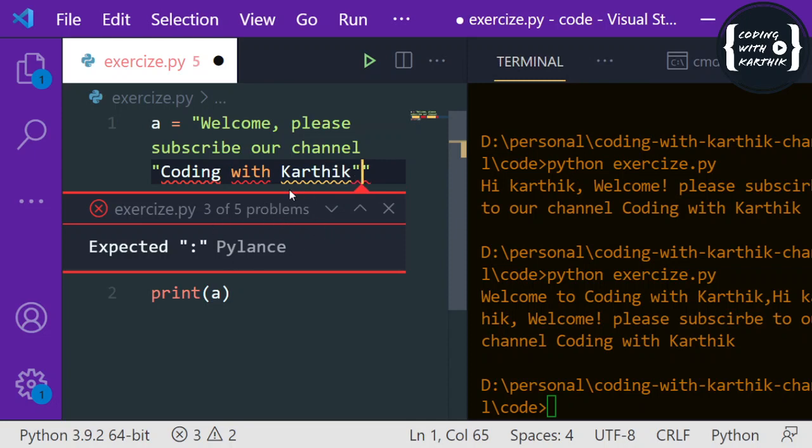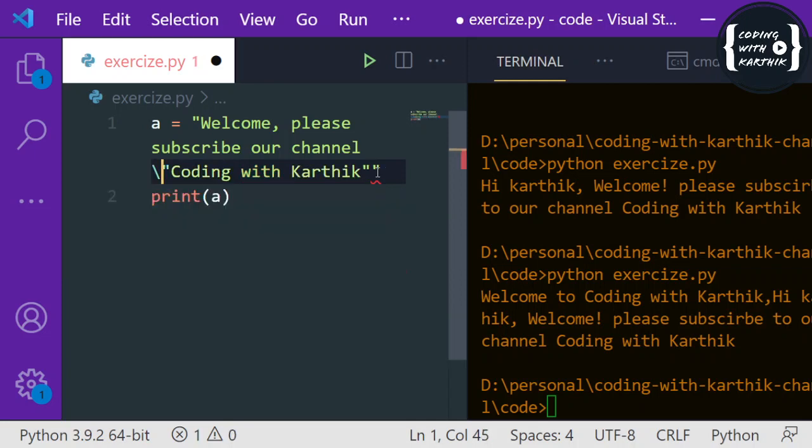So that means if you want to use any special characters like these quotations or any new line character, or if you want to give tab spaces or anything, you have to use the backslash, which allows you to use the escape characters in the string.